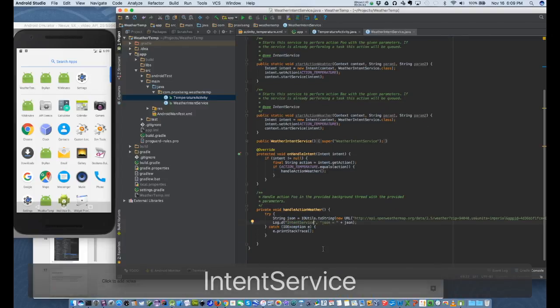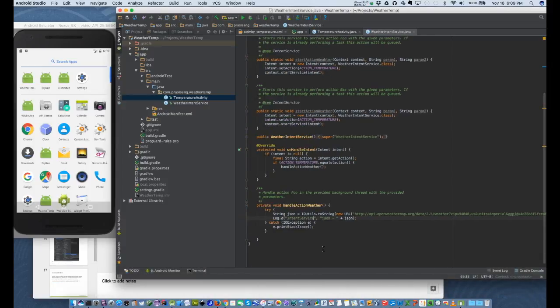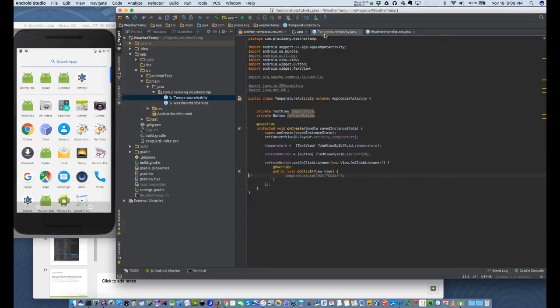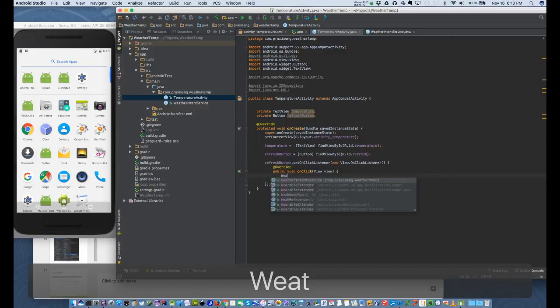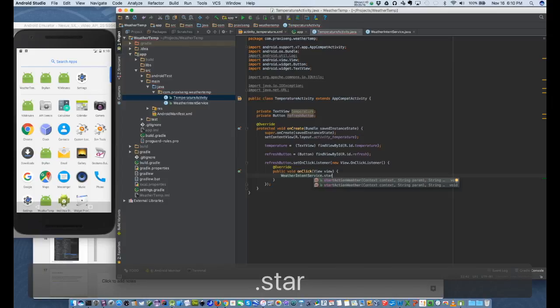I think that should work. Oh wait, yeah, I haven't gotten there yet. That's the next lab. So right now we've got to call that, right? That's easy here. We'll go and call that helper function. So we'll have weather intent service dot start weather, and